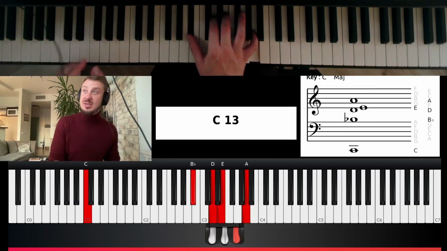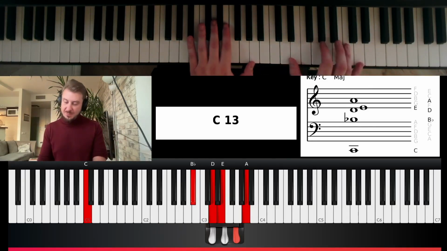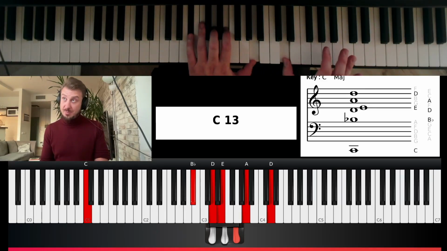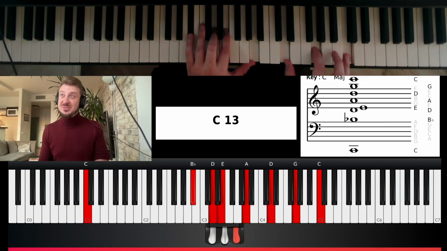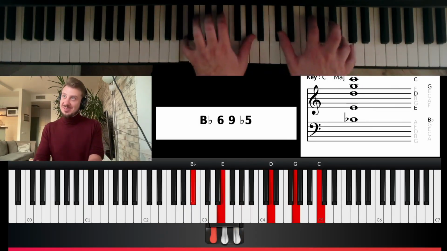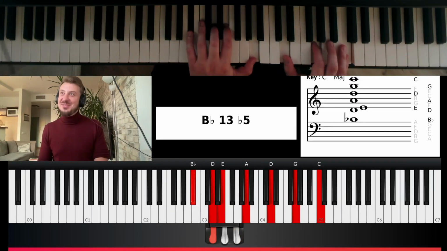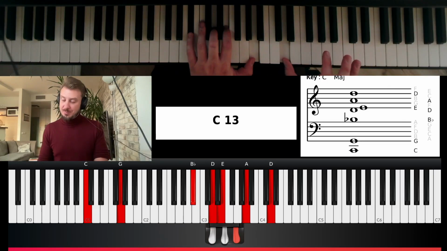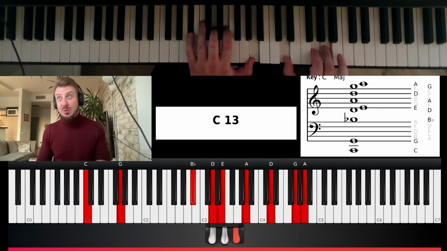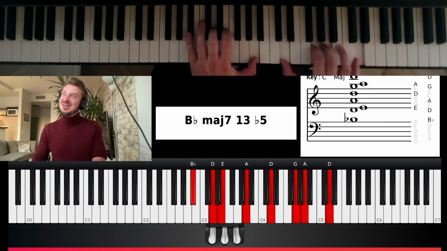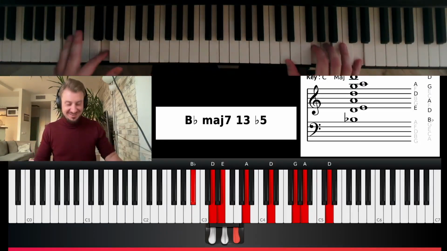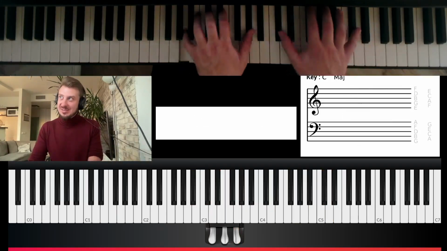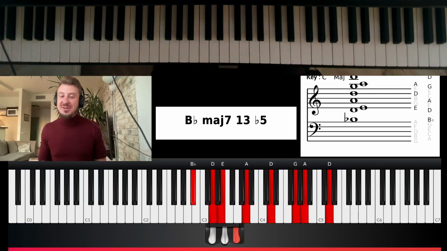I have a C13, and if you put a perfect 4th up, perfect 4th up, perfect 4th up, it has this really nice voicing, which is very popular among many jazz piano players. You know, another trick is to make it perfect 4th up, perfect 4th up, a tone up, and perfect 4th up. You see? Nice voicing, and